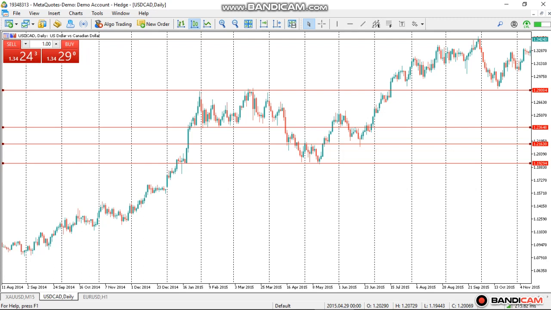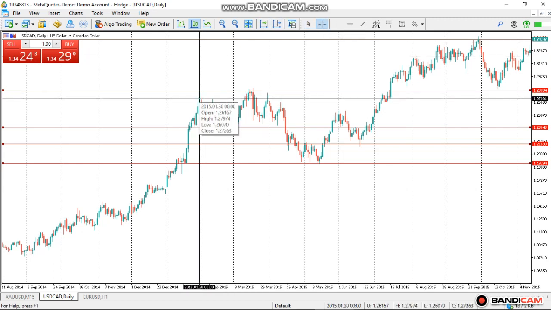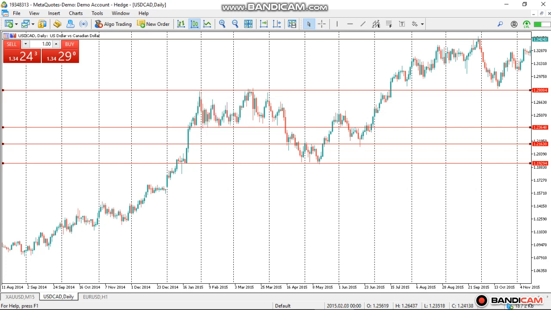So that area was around the 16th of January. Let us try to look at the exact date. It was on the 30th of January. Okay, it was on the 30th of January. That's when the market made a reversal around the area 128.084, and then it came back and did the same thing at that same area again